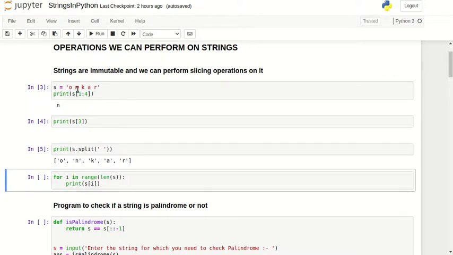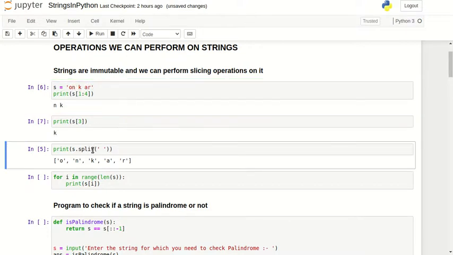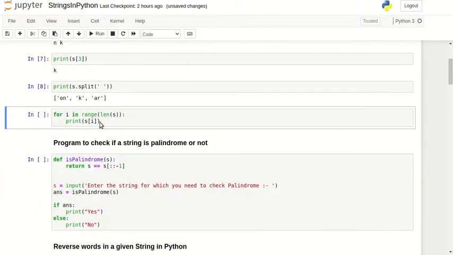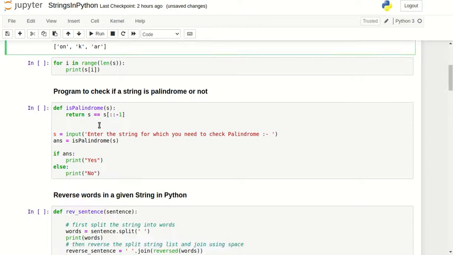Suppose I had a space only before and after k, then what will be printed? As you can see, only on, k and ar are printed. So this will split by the space in between.